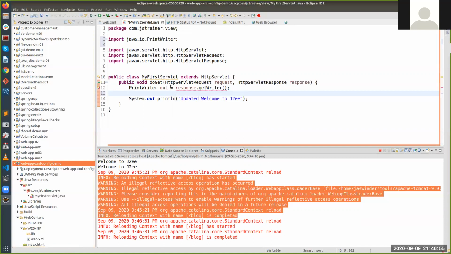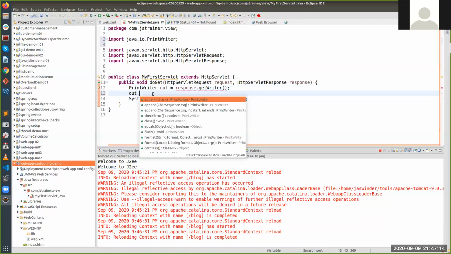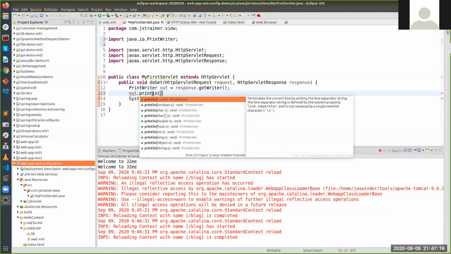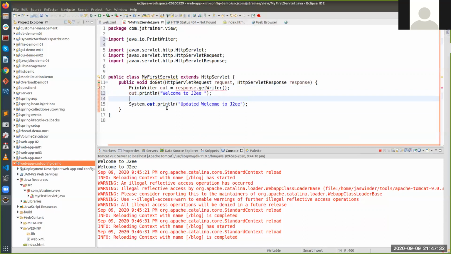Not yet, because we haven't removed the System.out.println; we have yet to write some code. I got your point. Yes, we can remove this, but I'm not going to remove it because this is for the console. I would be writing one more statement, so out.println. So you were also right. If I remove it from here, obviously this will now go to the PrintWriter response object. So welcome to J2EE. Now this output will go to the client.